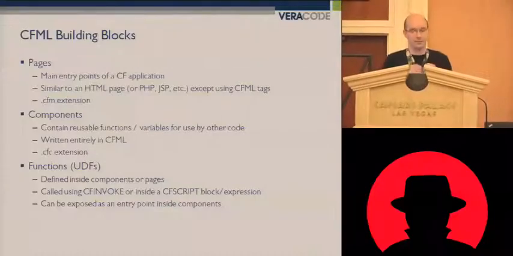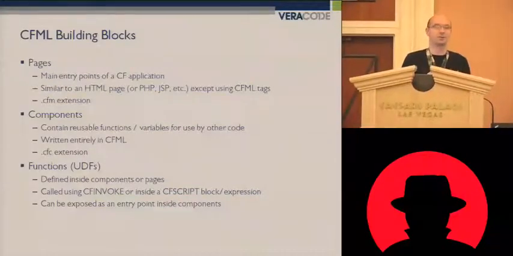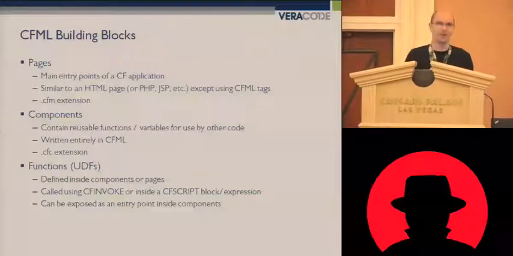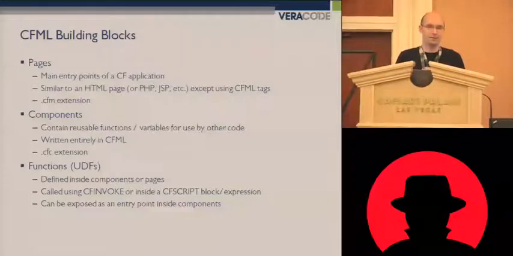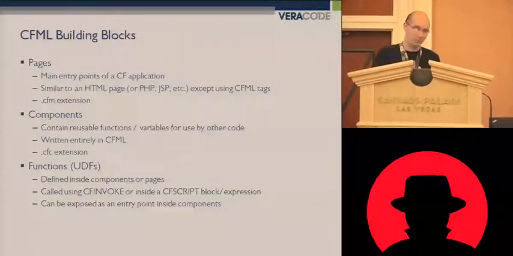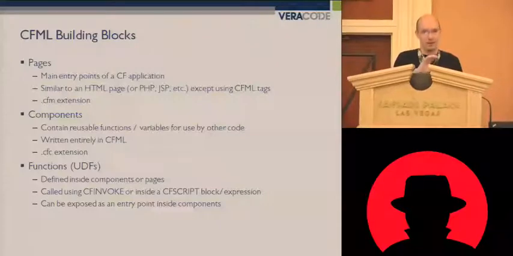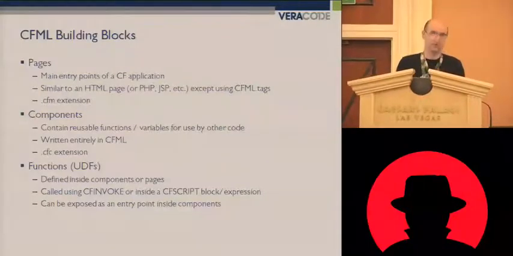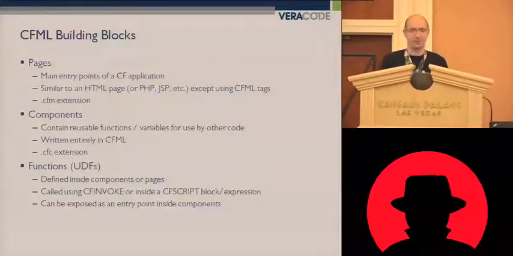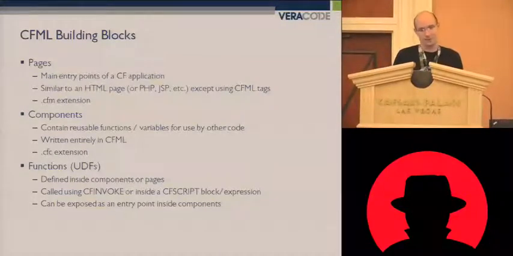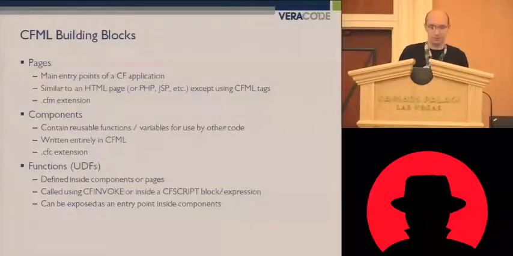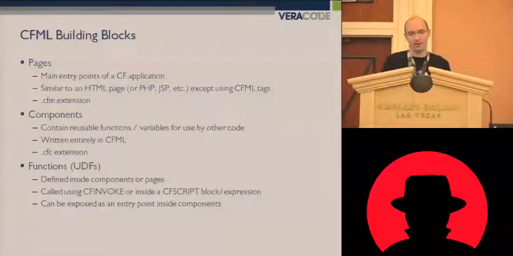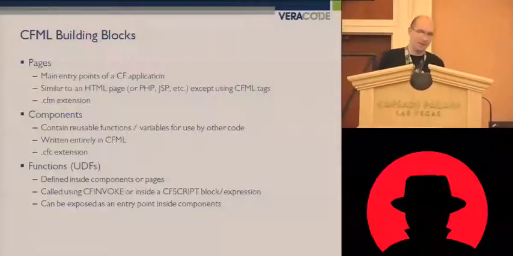In the earlier stages of ColdFusion, they tried to make as much as possible done using HTML-style tags. So if you want to open a file, read lines from it, and output them, there's a tag to open the file, there's a tag to loop over it, and there's a way to interpolate that data into your output. The difference between pages and components is that pages are usually the main entry points. They end in CFM, and they basically just